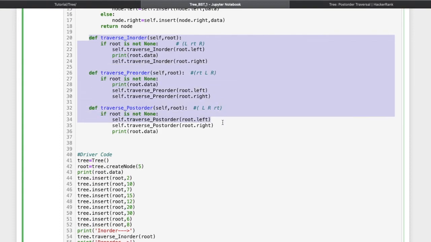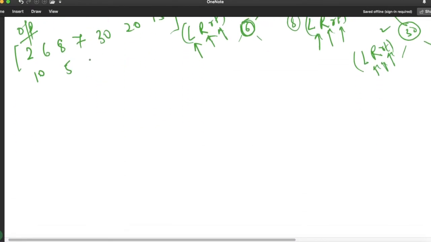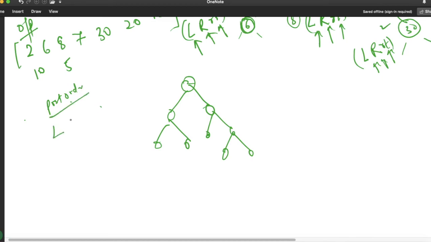So these were the codes for in order, pre-order and post-order traversal. Here we have submitted the code for the post-order, meaning we have followed the sequence left, right, then root. Suppose the tree was like this. For post-order, the sequence was first left, then right, and then root.